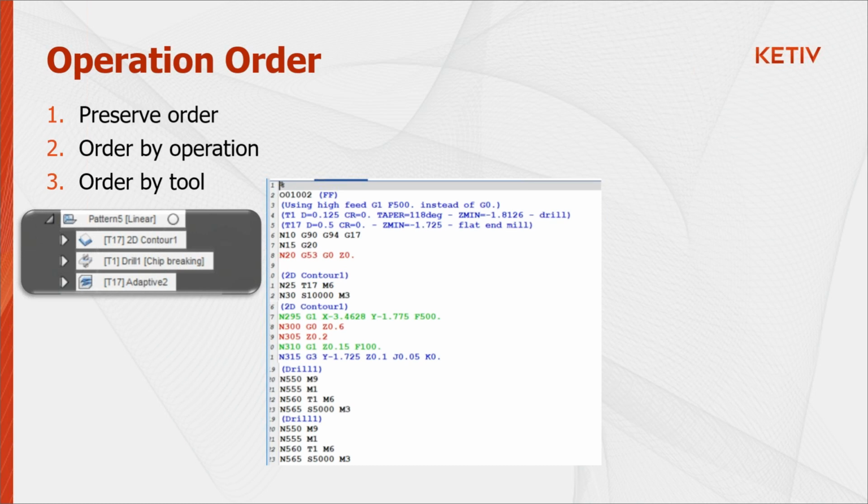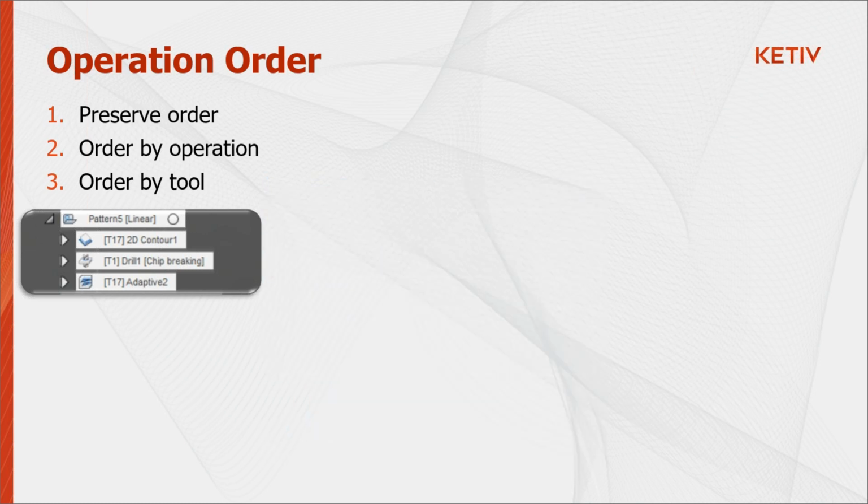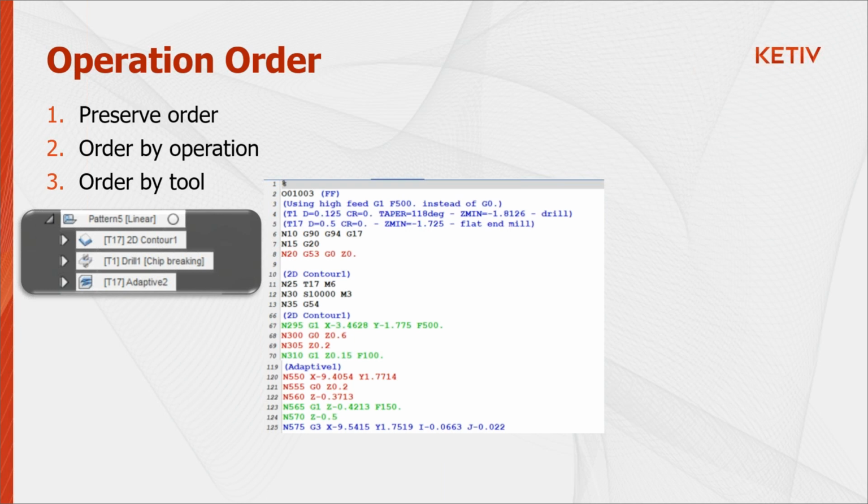Now here's the trickier one a little bit, right? So the order by tool. Now again, this doesn't normally happen. You normally wouldn't do this the way that I have it, right? So notice again, looking at the left, I have a tool 17 machining a 2D contour. And then my third toolpath is the 3D adaptive, right? And then it's also going to be using tool 17. So if we look at order by tool, if we select that option and post it out,